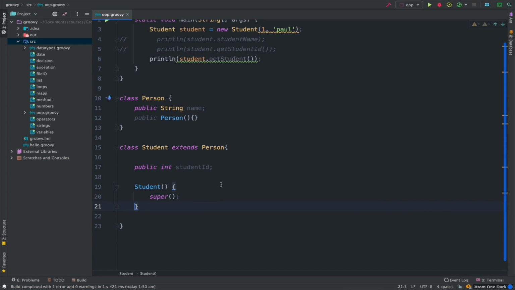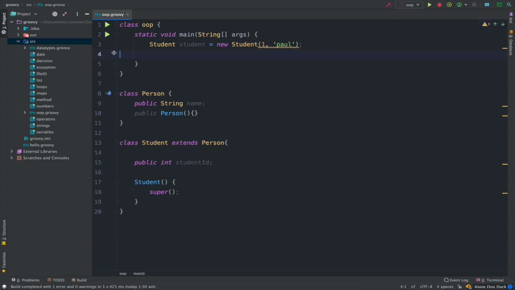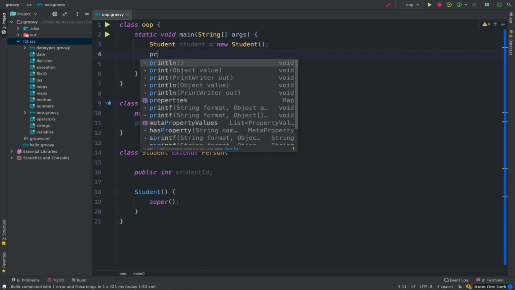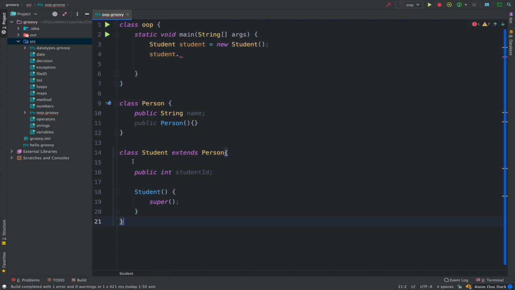Okay. Now I'm going to create a new instance of a student class, but we won't be able to use these methods, so let's get rid of that. And also let's just get rid of mark1 and the rest. Now when we create a student class, I would like to use student dot, and you see there's a property called name suggested by IntelliJ. Why is that? And where is this coming from? We don't have a property or attribute of student's name.